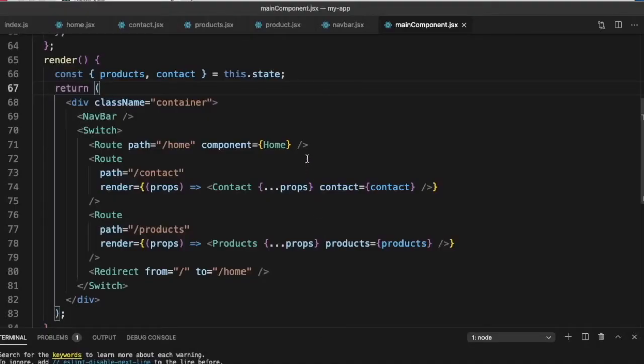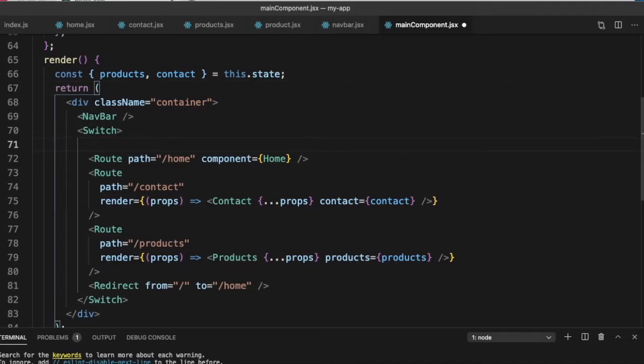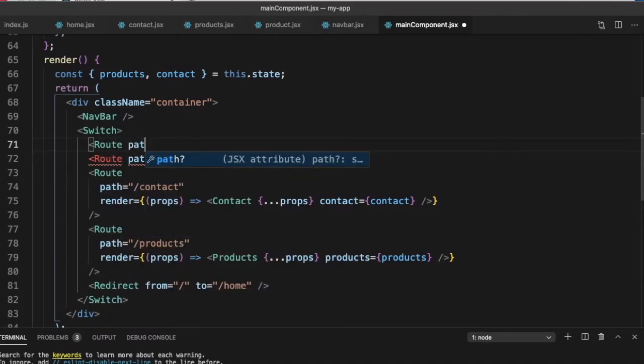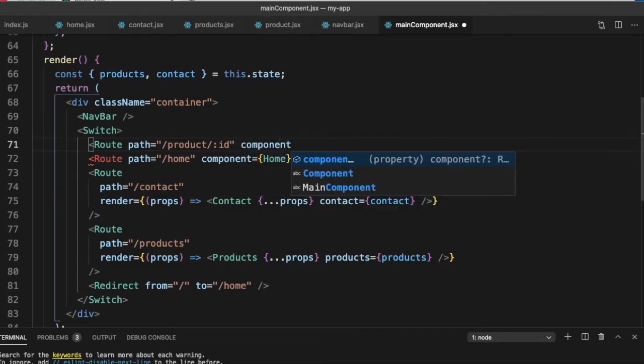So in our main component, let's first define our route. Route path is equal to slash product slash colon id. So here it will match the id, and we can just say component here is equal to Product. But when we want to display the details of the product, we will need to pass it as props. So let's use the render mode.